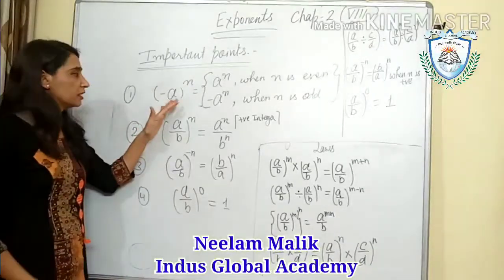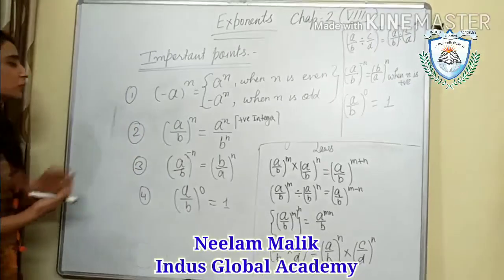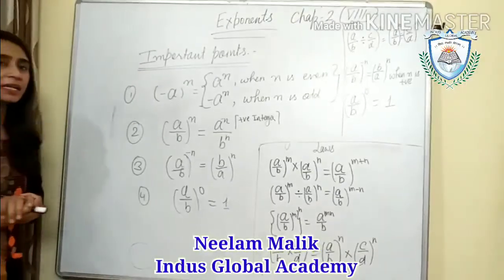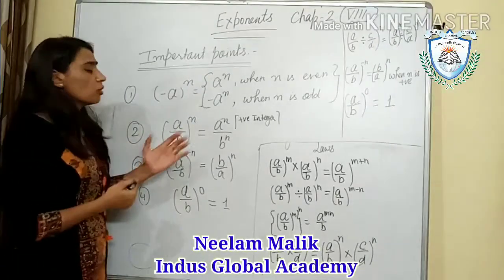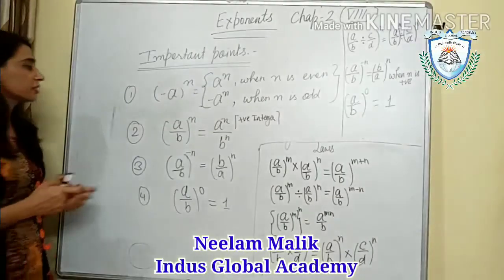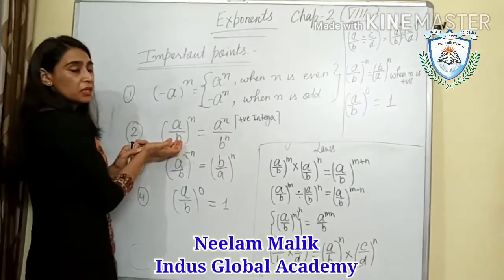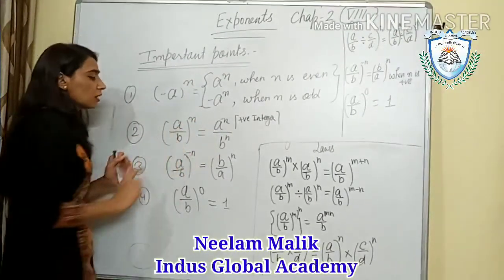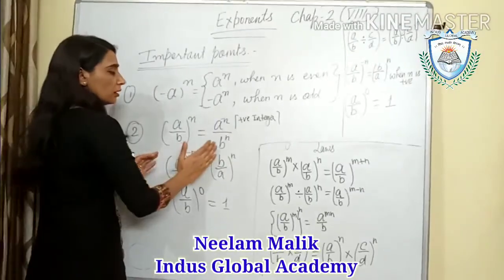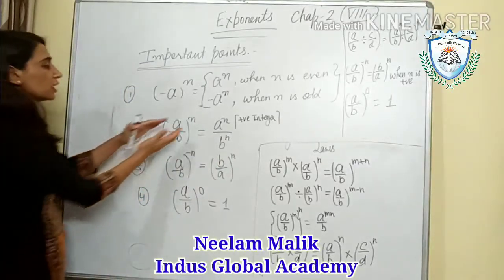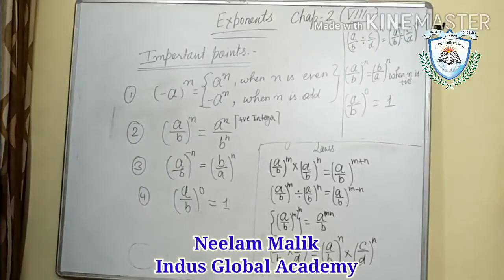Now second, here this is given about the rational numbers. The same thing that we have done here for the integer. This is for the rational numbers. Means if any rational number is given, a upon b, where a, b are any integers, and the whole power is n. So how can we write this? We can distribute this power to a and b. Means we can write (a upon b) whole power n is equal to a raised to n upon b raised to n. Means we can give this power to both.